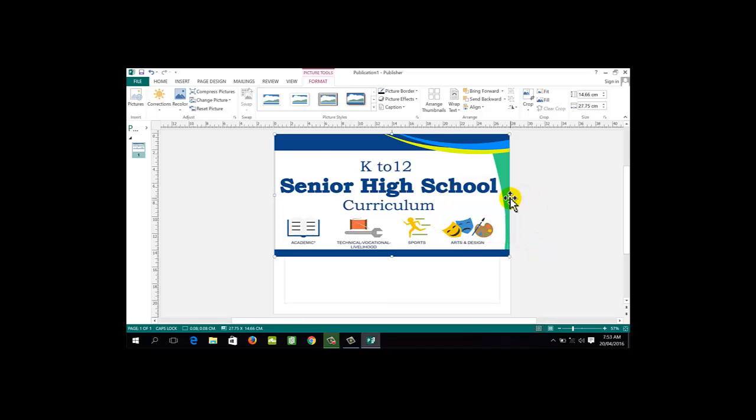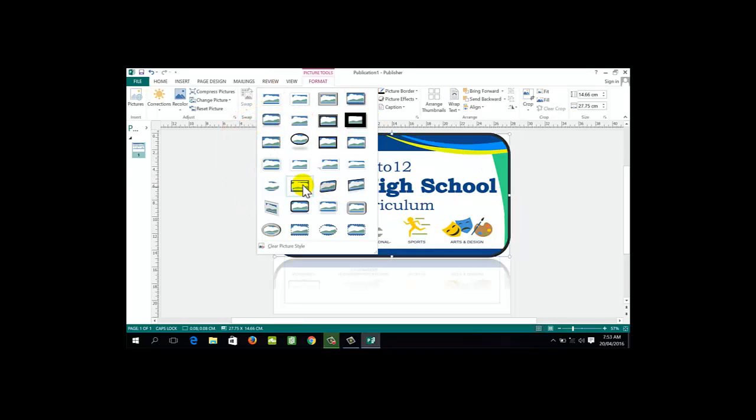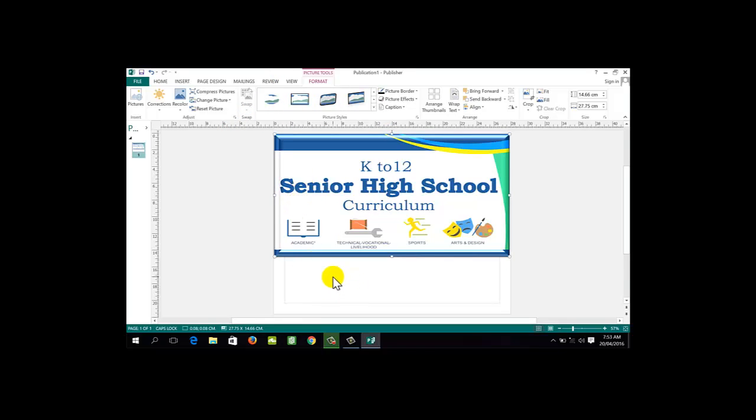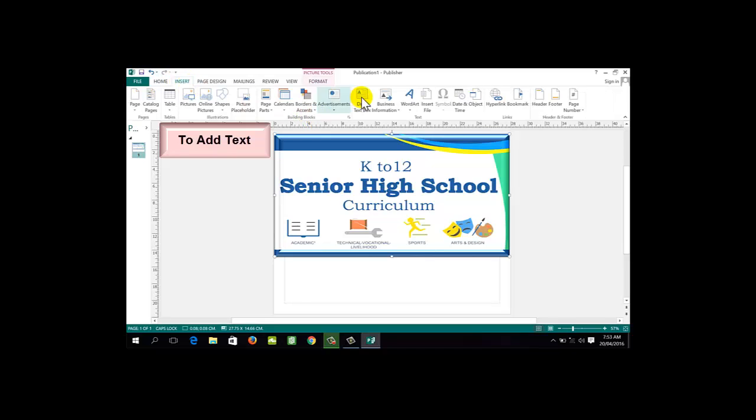You can also format your image by clicking the Picture Style Properties by Bevel Rectangle Style. To add text, go to the Insert tab, click the Draw Text Box icon, move to the top left of your page, click and drag to insert that